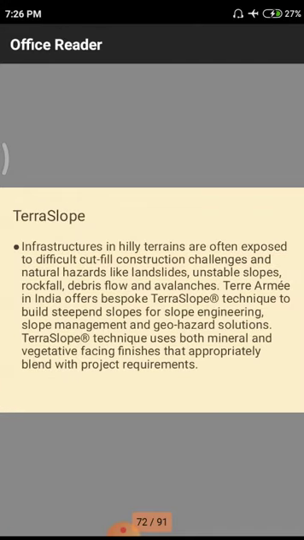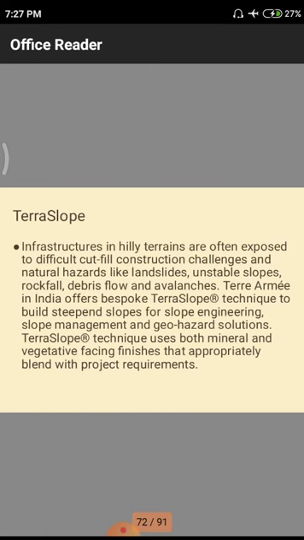Next one, terra slope. What is terra slope? That means infrastructures in hilly terrains. Hilly terrains means the structure we have to make against these slope conditions, so that automatically the structures which are constructed against slope have a huge amount of loads. Why? Because normally the structure is having some quantity of load on the earth. Whenever those structures are constructed in high altitude areas, automatically their loads will increase because of these slope conditions and other structural loads and wind loads which are acting onto the structure. Due to those, the load quantity may increase.